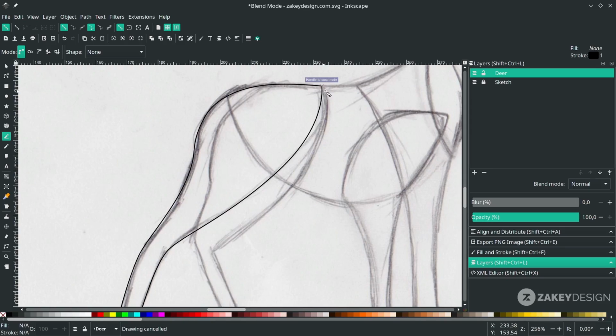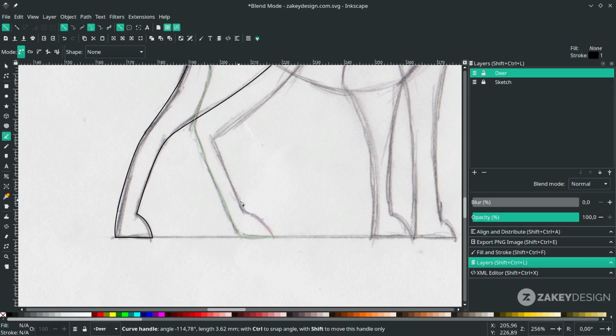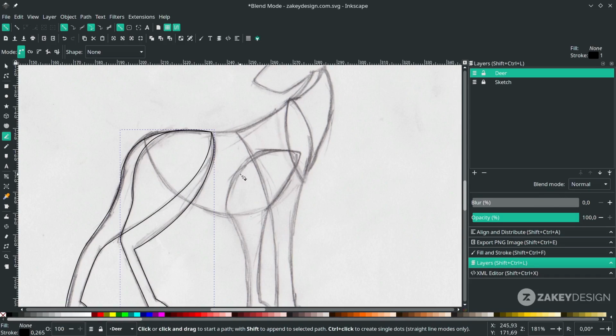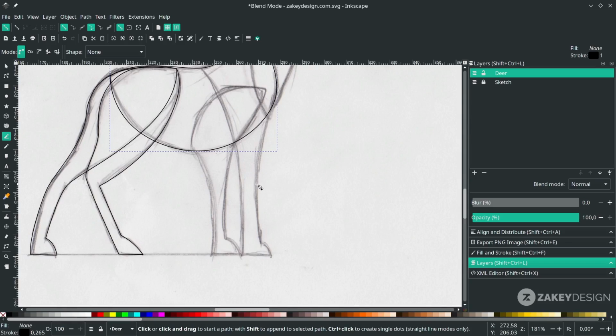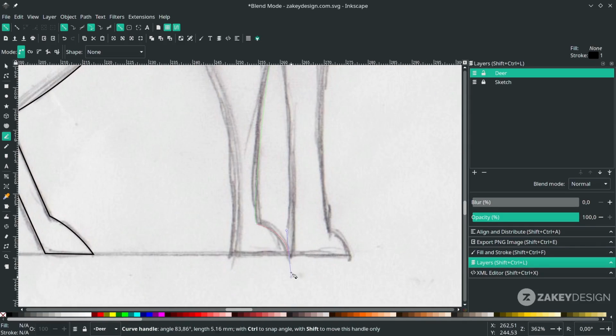And on this part, just do the same. And continue to this part. And for this, hold Shift to lock the corner and release.